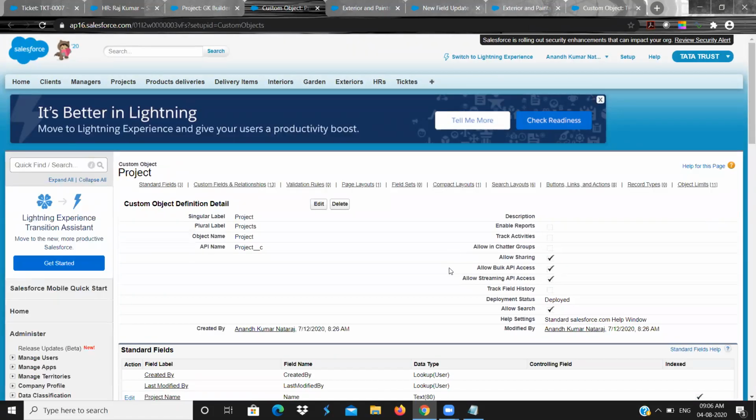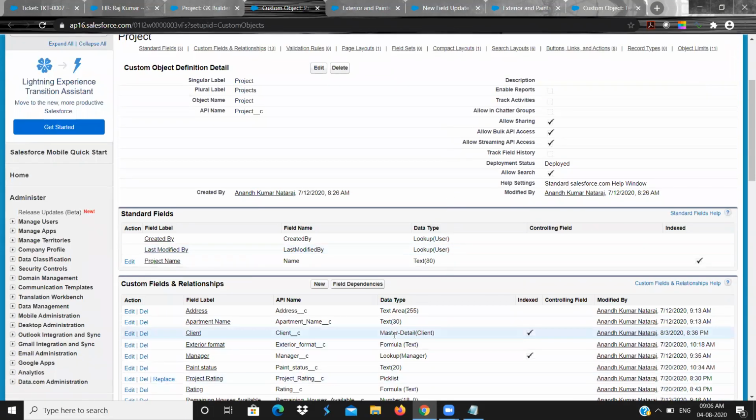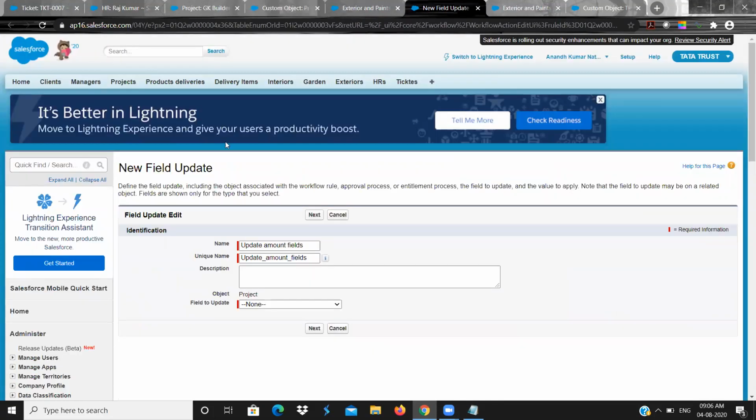Okay, now you have one parent in a master detail relationship, and one parent in a lookup relationship. Go to this field update and refresh the page. Now you see the parent, that is client. Client is the parent of project.